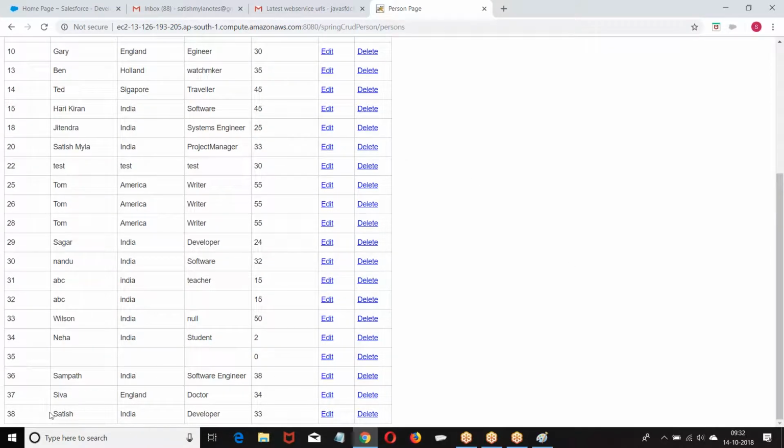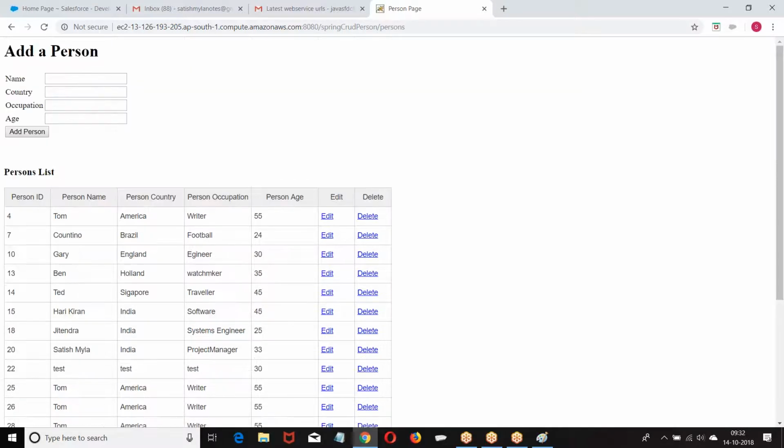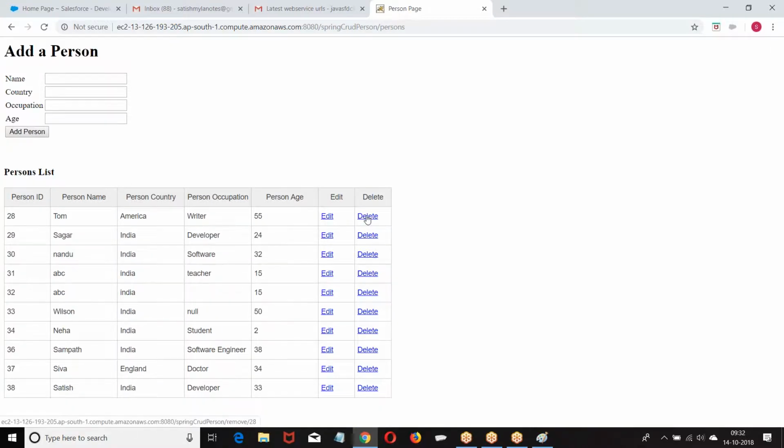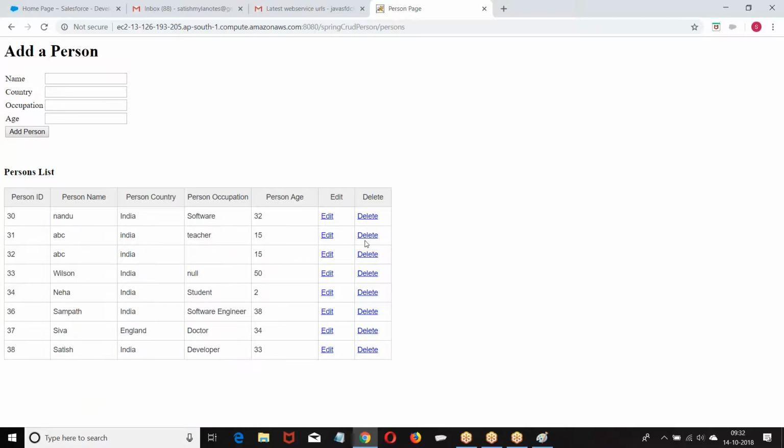You can see the files are added here. Okay, let me remove some of the files. Now this is how we created the data. Now we want to insert the data into this.